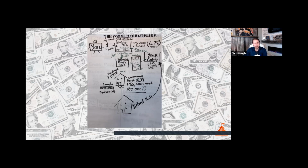to the bank, my community bank, and they're going to give me 80% of the purchase price, which is $80,000. I'm short 20 grand. But oh, whoops, I've already got 20 grand sitting in that segregated account that was in my banking policy. So what I'm just going to do is scratch up a note,